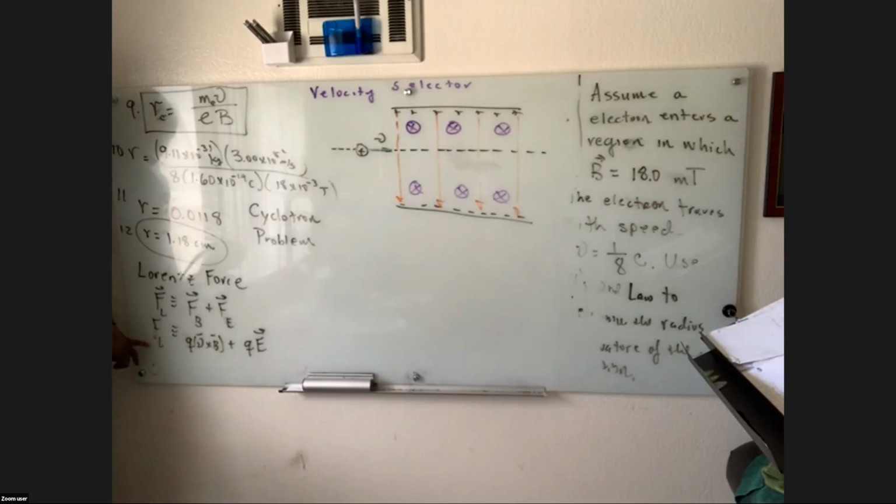Effectively, if you consider the Lorentz force, it would be where the Lorentz force is zero, because the Lorentz force is the combination of the electric and the magnetic. So what I want you to do is, let's do this. How would I set the problem up? Let's say that we have